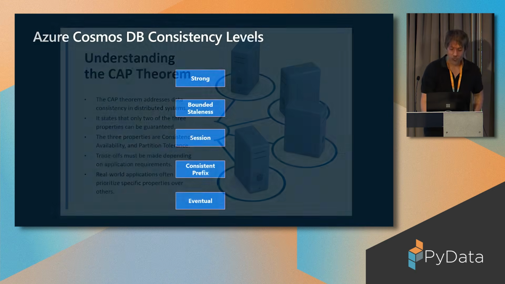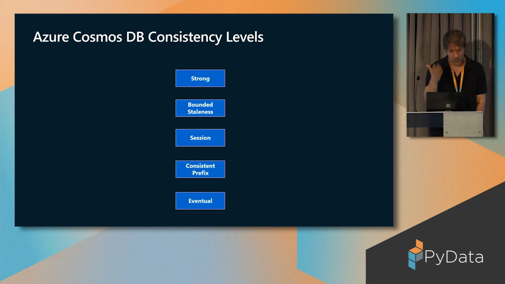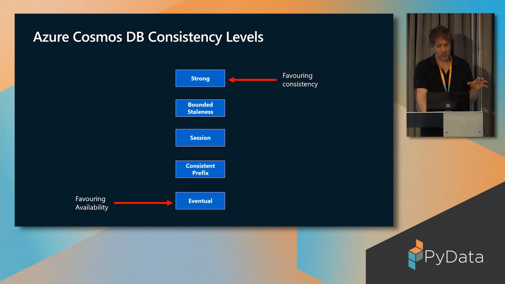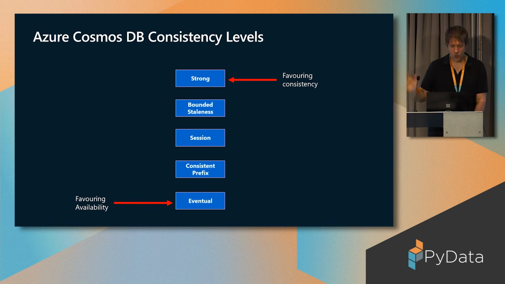And there are points along the spectrum, and Cosmos DB, like many other databases, offers different points along the spectrum, but they are trade-offs. There is no space where you can have both consistency and availability is the point I'm getting to here. So strong consistency in Cosmos DB would obviously be favoring consistency. All writes are synchronous to all replicas, and if any replica does not respond, then it's a failure. And then on the eventual consistency side, you're favoring availability. Of course, all bets are off. You could be getting a dirty read at any point in time, but you're always going to have availability because if a node is down, then your application will route to a different node.